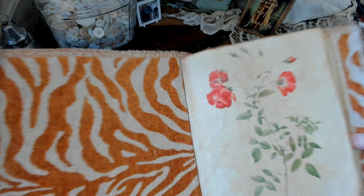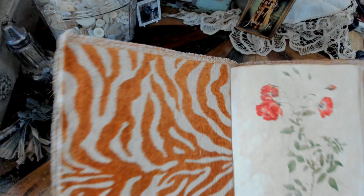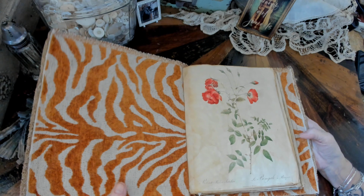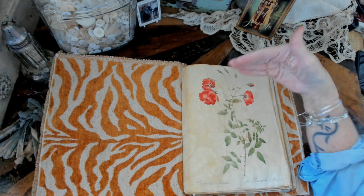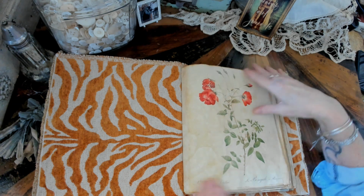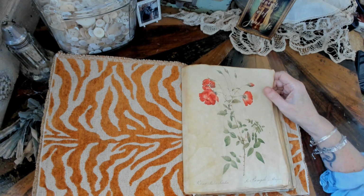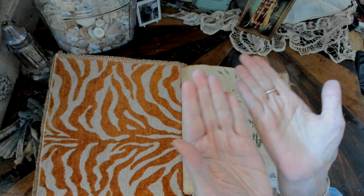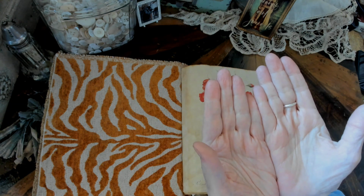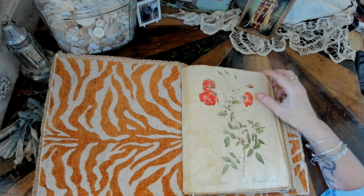So I tea stained just about everything. I think the only thing I did not tea stain for this book is this material. I didn't want to do it. But this is a full sheet of paper. I think I cut it down a little bit, but it's an 8.5 by 11 sheet of paper, and I just made the folio from 2 pieces of 8.5 by 11 and used mostly masking tape,